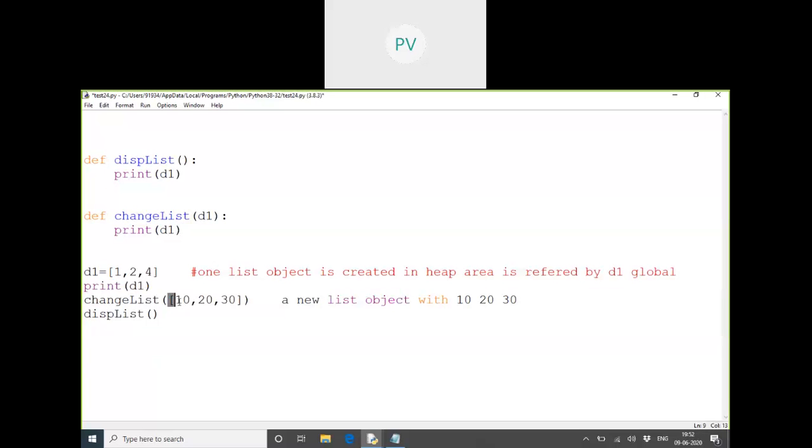So what did I pass to the function? Which object did I pass? A list that contains 10, 20, 30. I passed a new list object with 10, 20, 30 as an argument. And this object is now passed to the function and stored in which variable? It becomes like D1, as if it's like this. Now, what is this D1? Is it a variable or not?